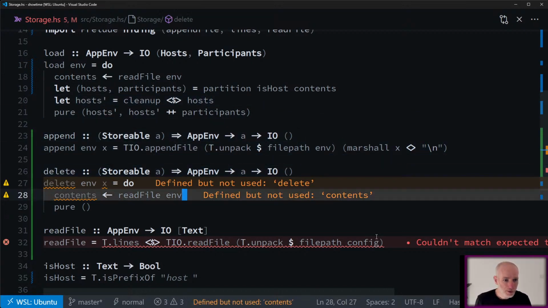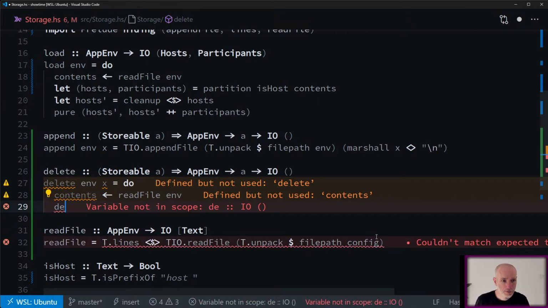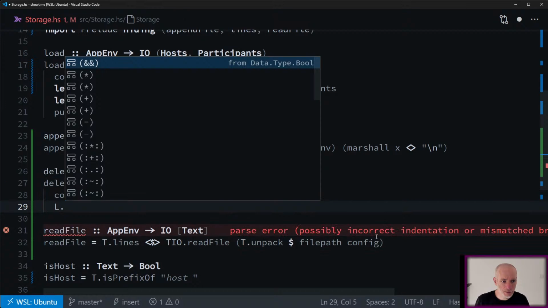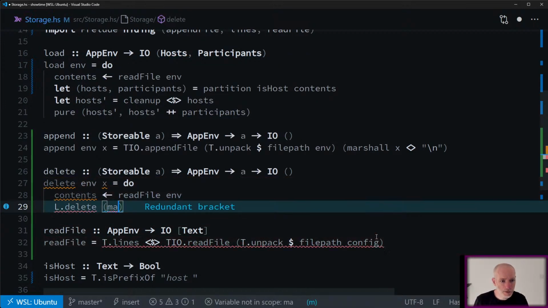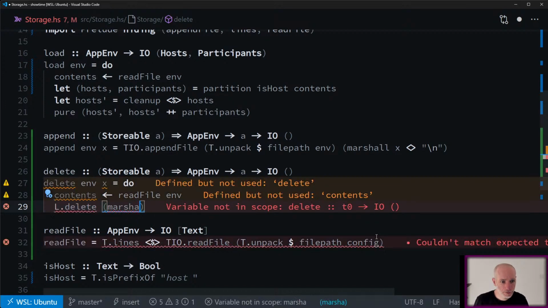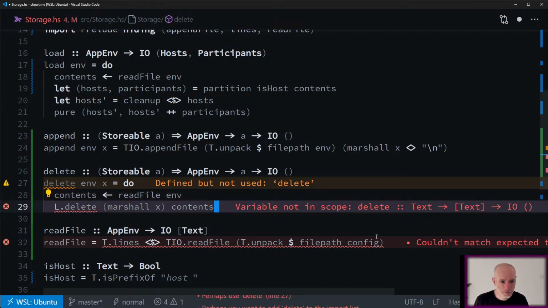Right. So we have our contents, and then we want to delete. So we should have some kind of L.delete. Then the marshalling of X from the contents. And then we just write the file again.